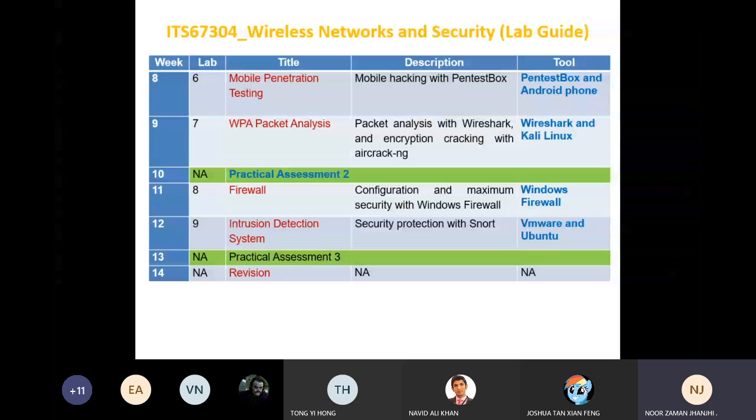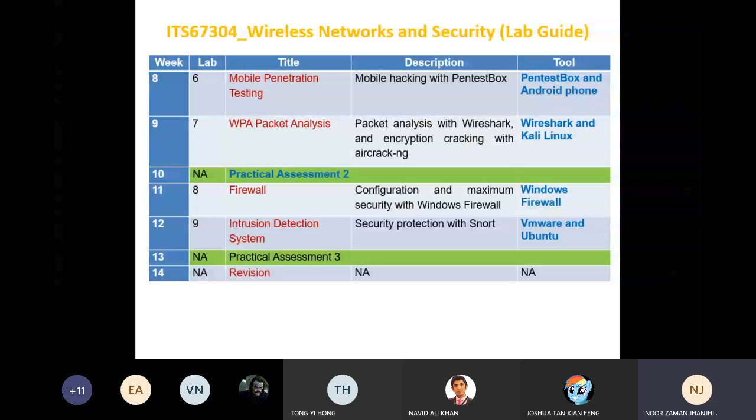You can use any kind of different tools even. So this is how your labs will be done in week number 12. In week number 13, again, we will have practical assessment number 3, and all of the practical assessments will be on a group basis. In week number 14, there will be no lab, but we will have only the revision. In case anything is left behind, we will discuss that, and we will discuss the hints and points